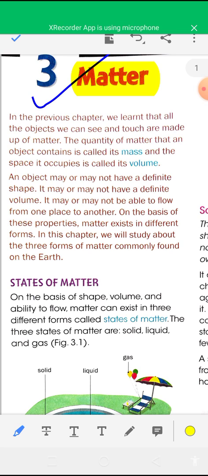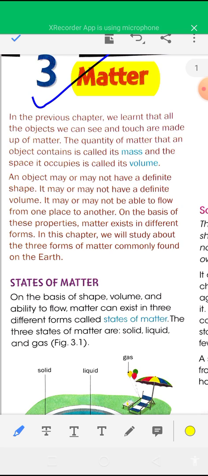The topic is matter. In the previous chapter, you have already studied what is matter. Matter is anything that has some mass and occupies space. Anything around us that has some definite mass and occupies space is called matter. For example, pen is a matter, pencil is a matter, table is a matter, air also is a matter,